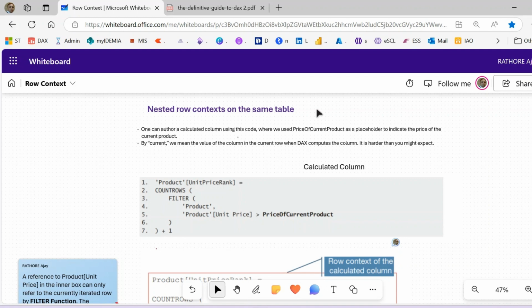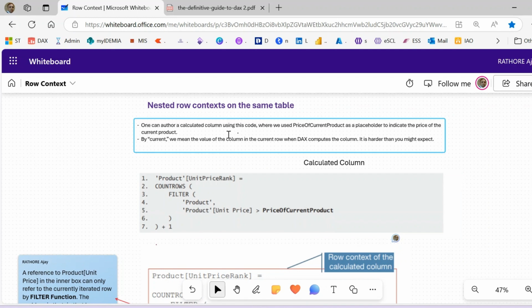So to calculate the rank based on the price, we count all the records whose price is higher than the current price. If there is no product with a higher price than the current price, then its rank should be 1. If there is one product higher, then its rank should be 2, and so on. To achieve this, one can author a calculated column using this code,